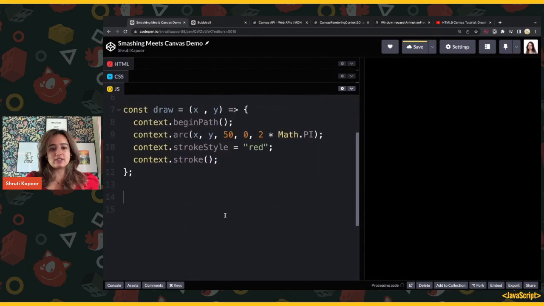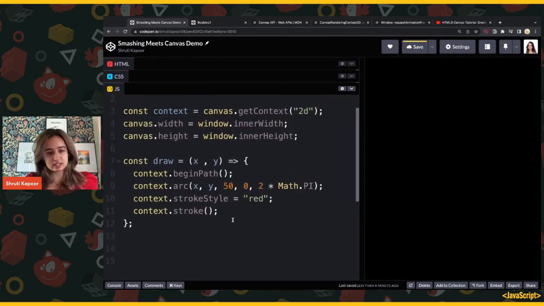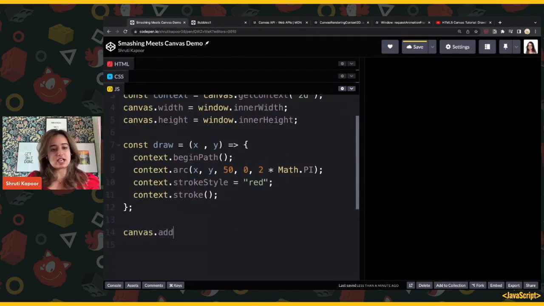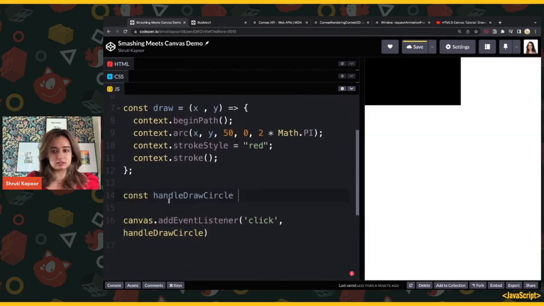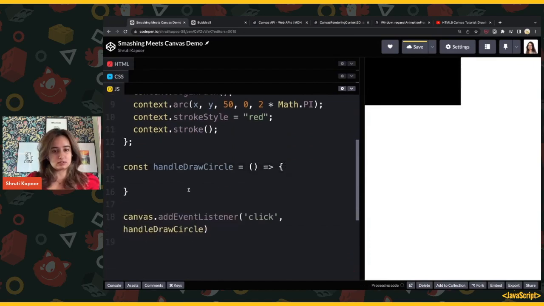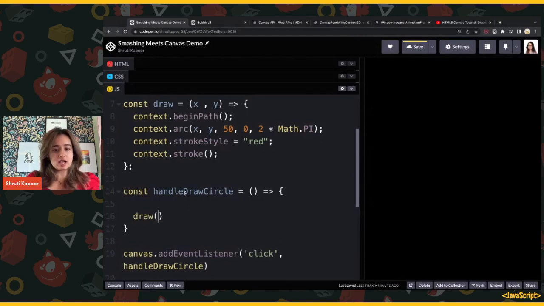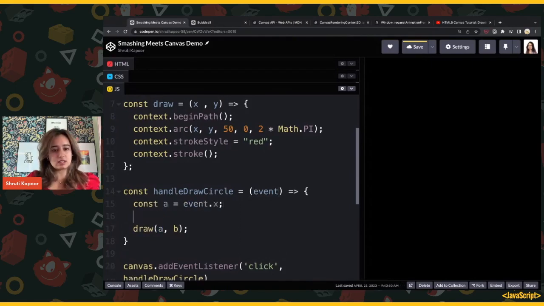So now what I want to do is every time I click, I want to draw a circle at the point that I clicked. And so for that, all I need to do is add an event listener of click. And then I'm going to call a function called handleDrawCircle, and define that function here. And then in this function, I basically want to draw my circle at X and Y coordinate, or let's call it A and B so we don't get confused. And then the A and B actually comes from wherever I clicked, like the coordinates of where I clicked. So that's going to be event.x and